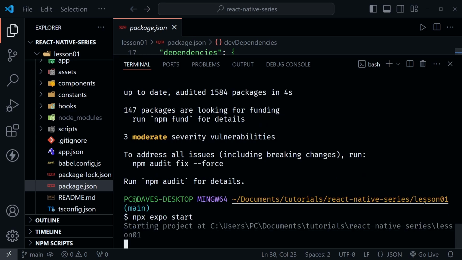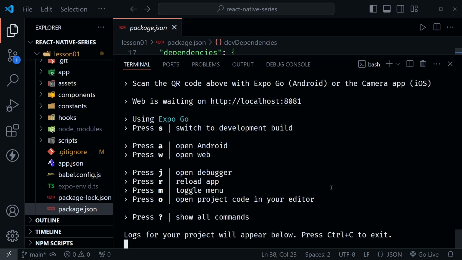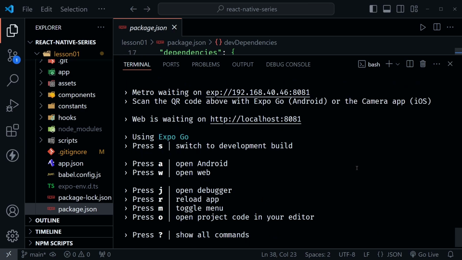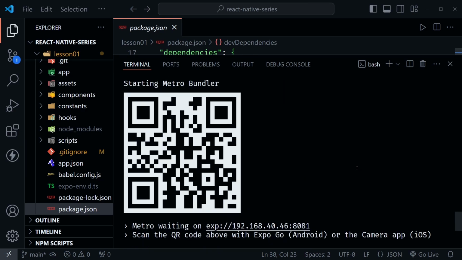And notice, once again, I'm in that lesson 01 folder, or you want to be in the folder that whatever the name is that you gave your folder, you want to be in that folder when you run that command. And so now it has started the project. Let me scroll back up because it gave us a lot of information here. It gives us a QR code, and you'll scan this QR code with that Expo app that you just installed